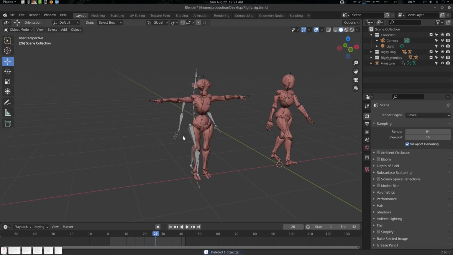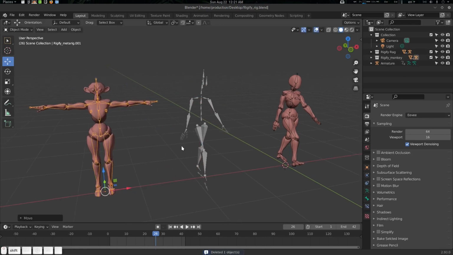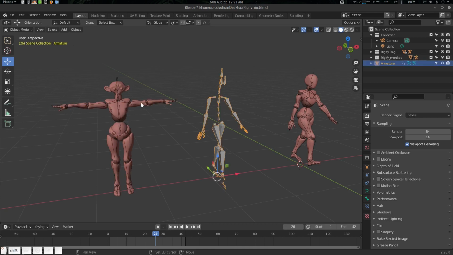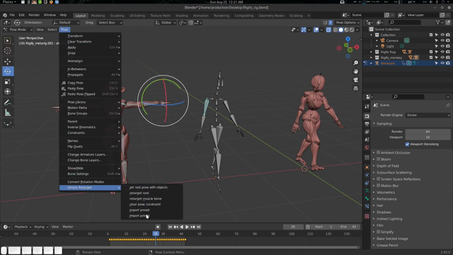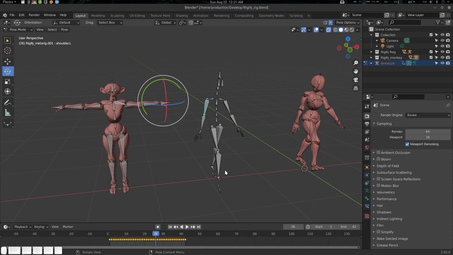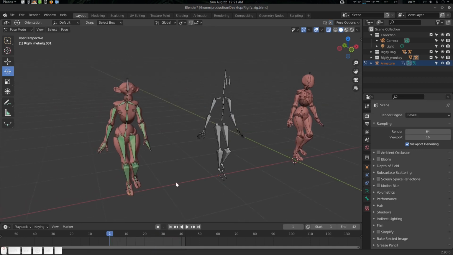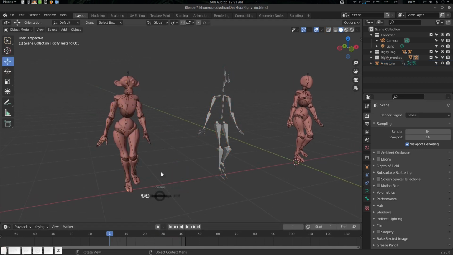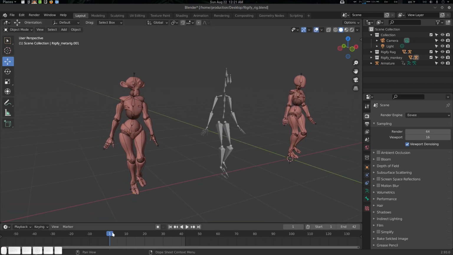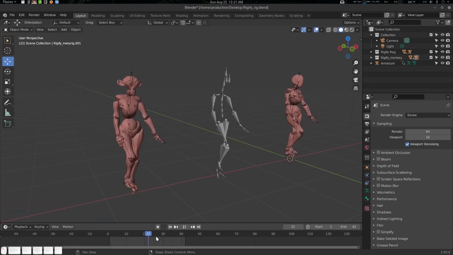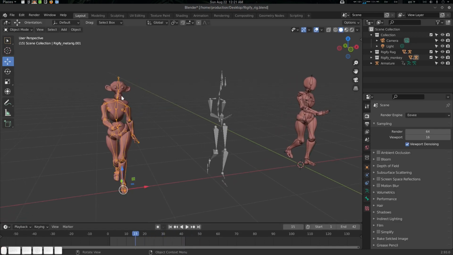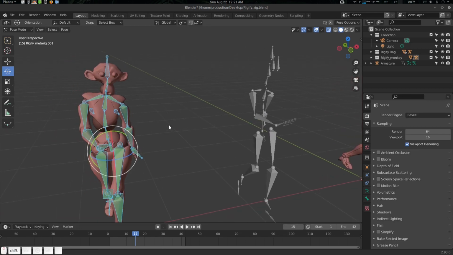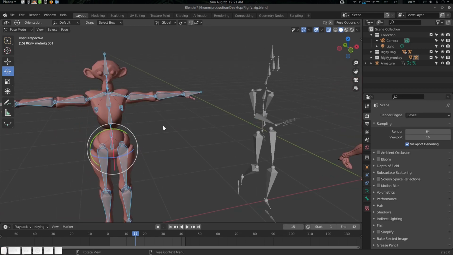So let's go to the monkey. You can see it also already has typos. So let's go here, go to pose mode. I'm going to select one here, and let's go to simple retarget, import preset. I'm going here, and it will be there. Okay, so now we have another instance. All right, same. Okay, all done. Let's go to pose mode now, and let's clear all the pose constraints here.